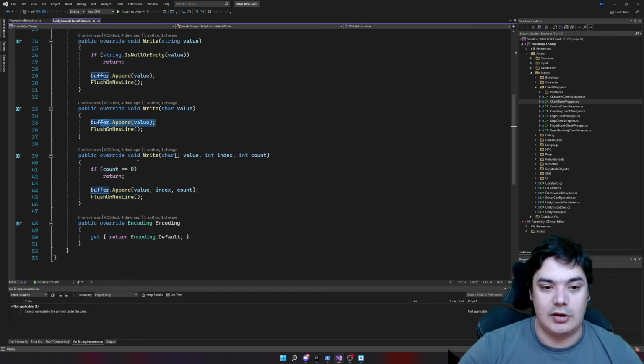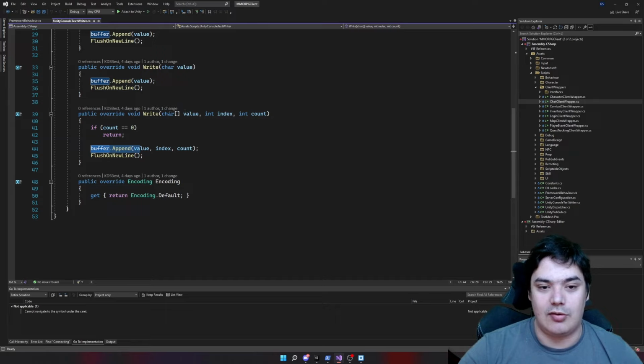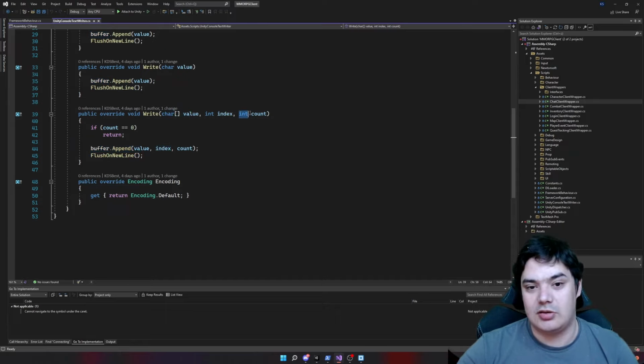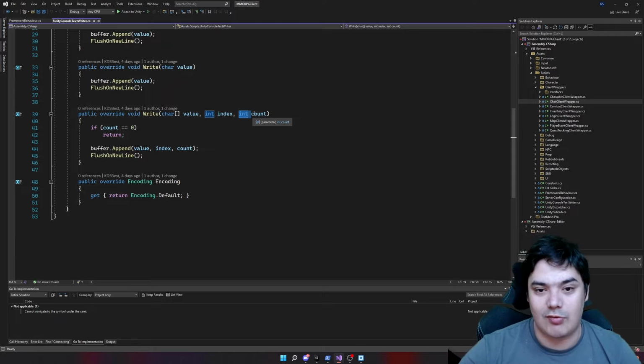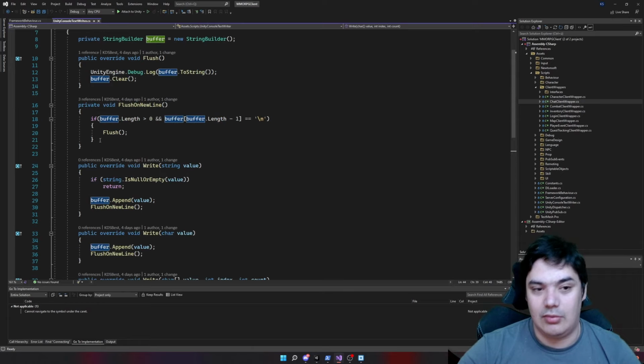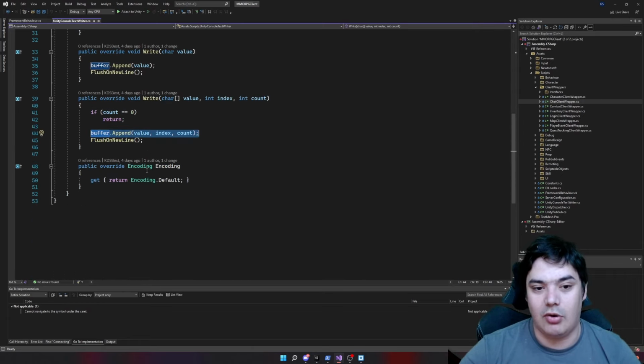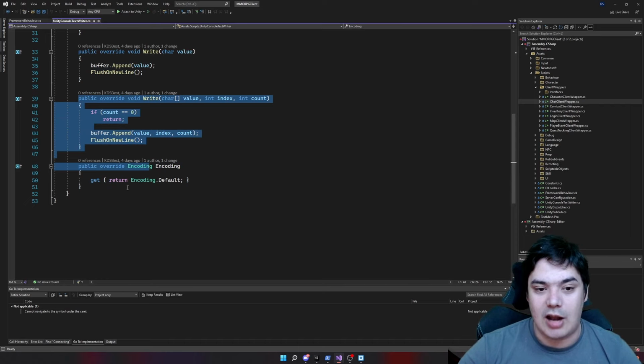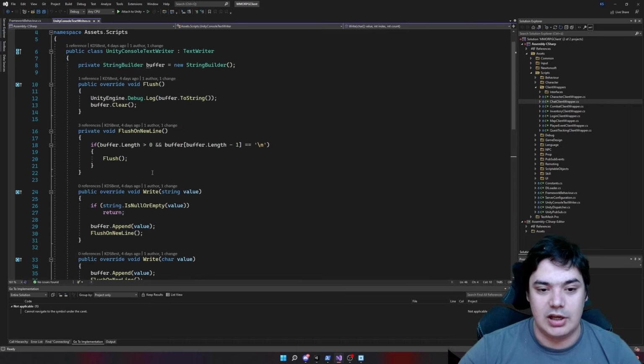And we do that for the character, and we do that also for the array: the index where this text started, which should be written to the text writer, and the amount of characters written. We don't need to do anything with the buffer, in our case the StringBuilder supports that. So this little helper function, which is really simple and easy to write,